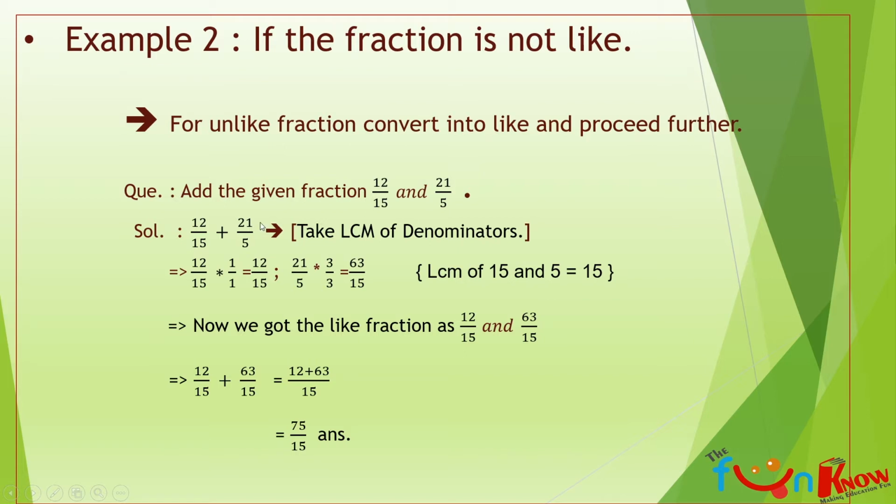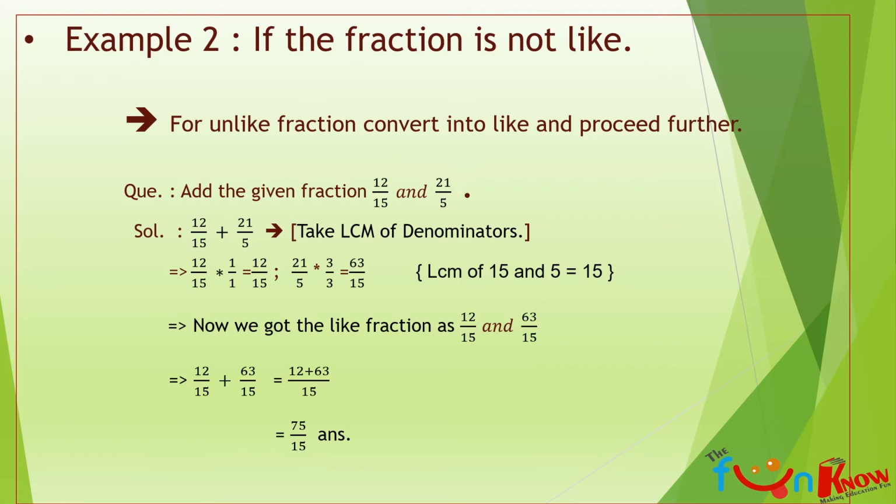So as you know, for 12 by 15, you have to make sure the denominator contains the value of the LCM, that is 15 itself. If 15 is already there, then what value will you multiply by to get 15? Obviously by 1. So 15 into 1 in the denominator and 12 into 1 in the numerator. Multiplied by 1, you get 12 by 15 as it is.